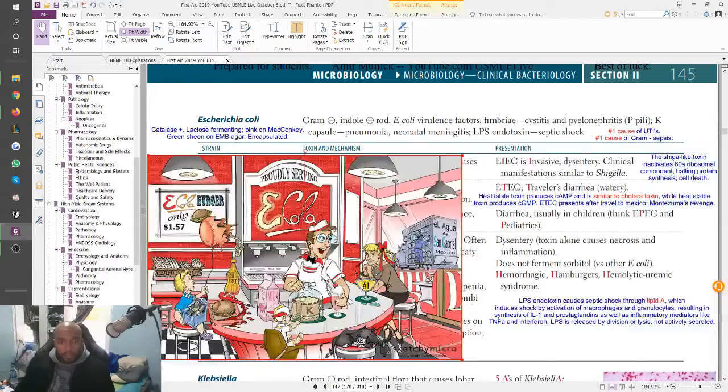Let me just make it big. So this is the capsule here, right? Anything that's got a capsule, they usually depict with some kind of covering in Sketchy Micro. And you can see this kid is reaching out for it, right? So this kid with the helmet on, he has meningitis. Alright, so K capsule causes neonatal meningitis or pneumonia. And then LPS endotoxin, which is pretty much there because this is gram-negative, it just causes the septic shock.